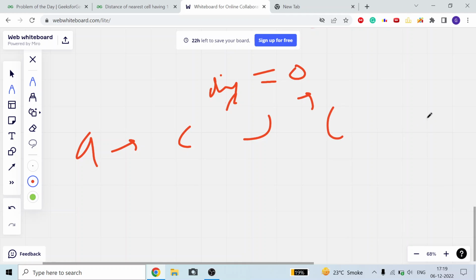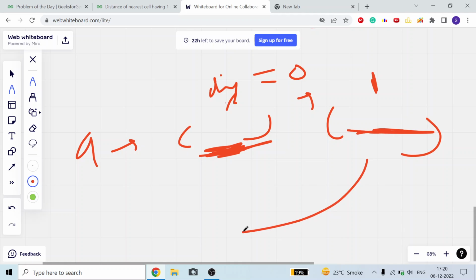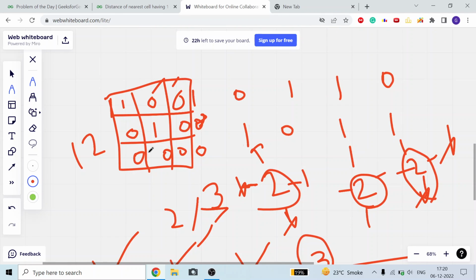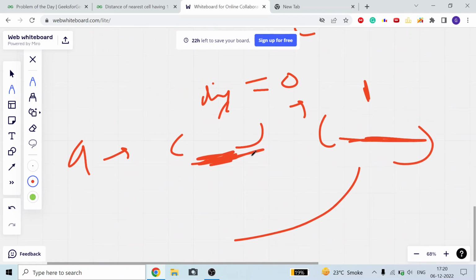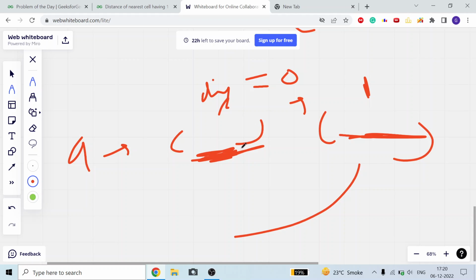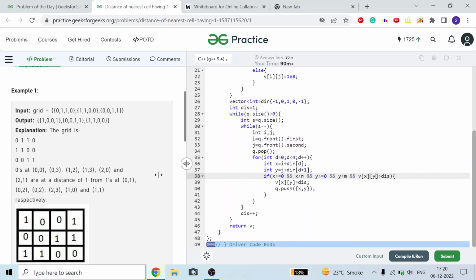Then again I will use the updated queue, access them in all four boundaries, then all these cells will contain distance equal to 1, and so on. Okay guys, so I am not going to traverse the complete matrix from 0 0. I know my queue will contain all the blocks, all the coordinates at a particular time with distance equal to 0, 1 or anything else. I am going to update the distance as well.